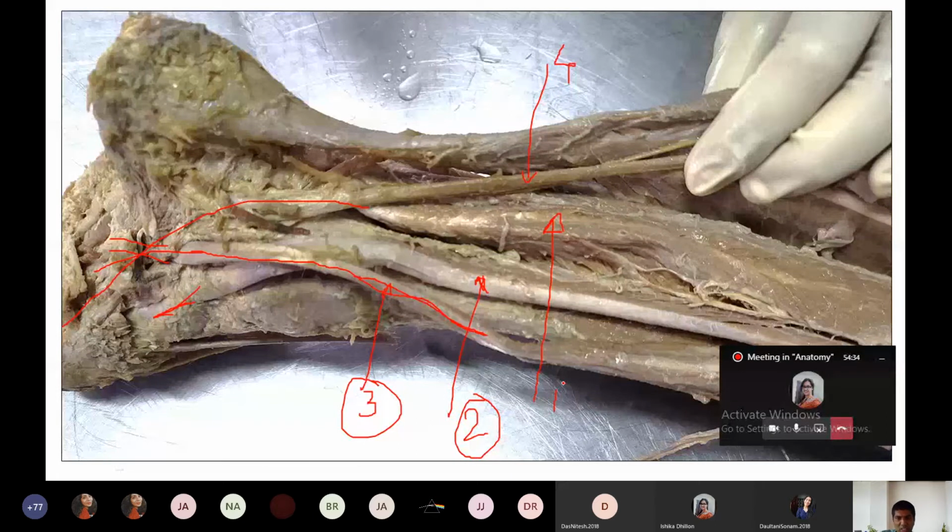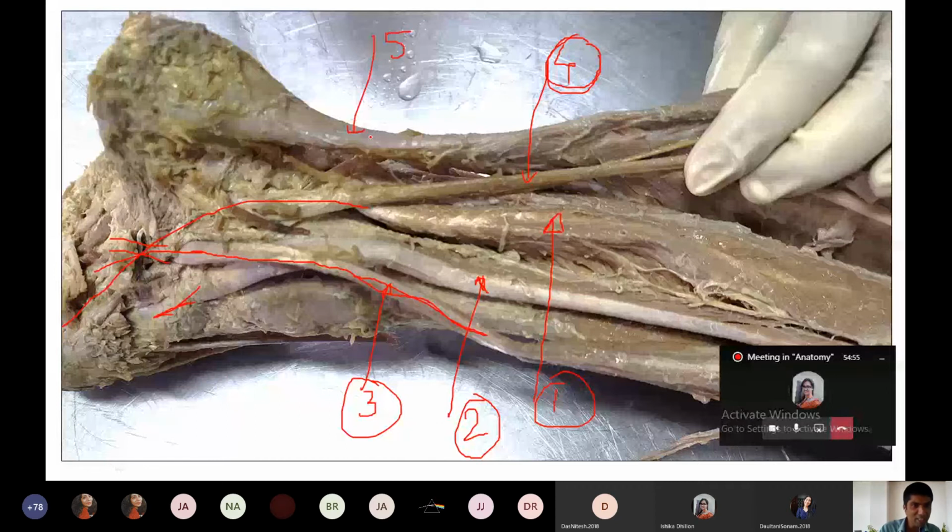And here number 4 is the nerve. And if you want to add number 5 here, that's okay, you can add. This one is the Achilles tendon or the tendocalcaneus. And if you want to add number 6 here, you can add this also. This one is the posterior part of the calcaneus, or you can also say heel bone. So these are the structures here which you can see.